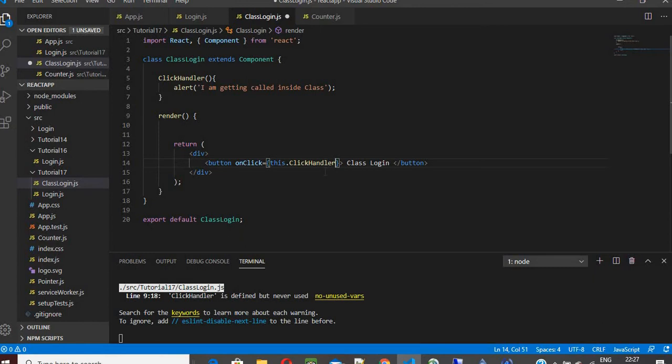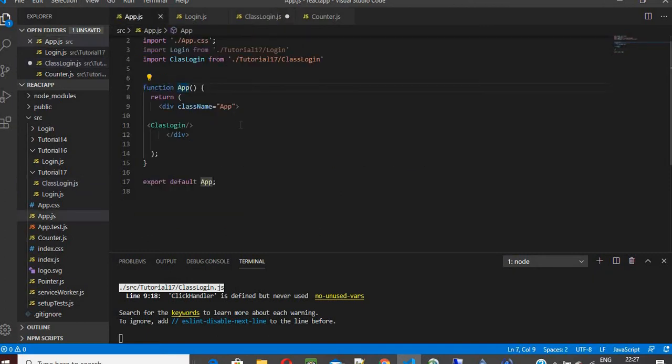There were a lot of questions on my last tutorial, so I just want to give some synopsis over here so that you don't get confused. Let's come back to this tutorial, where we are going to bind an event. At first, we will see why we need to bind an event. For that, I'm going to take the same class which I used in my last tutorial, which is nothing but class login.js, and in app.js, I'm going to remove